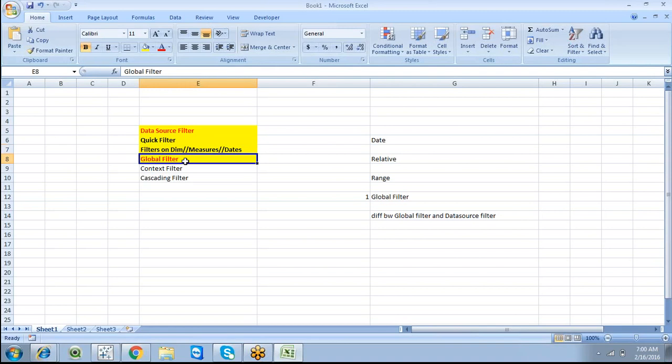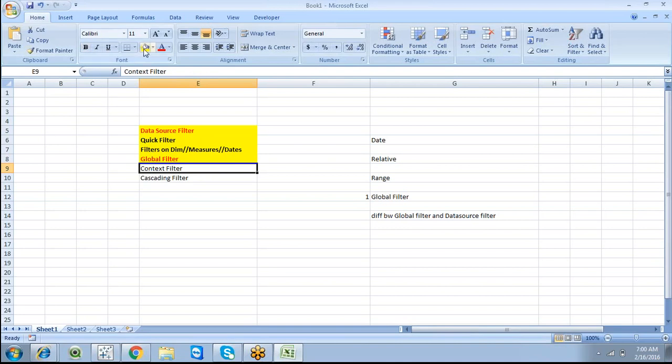A global filter is a functionality where you can target one particular sheet or all the sheets. By using apply this filter to all using data source, or you can go with a simple filter on only one particular sheet, or apply it to some of the worksheets. So the next concept is context filter.